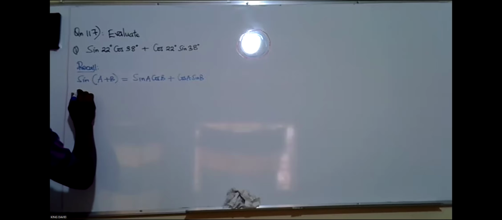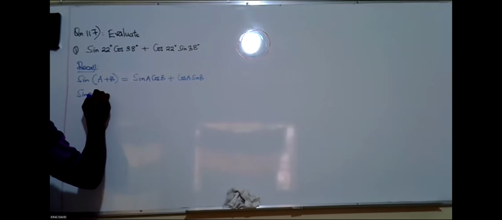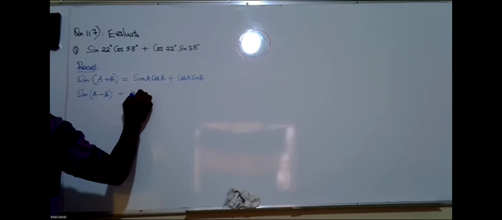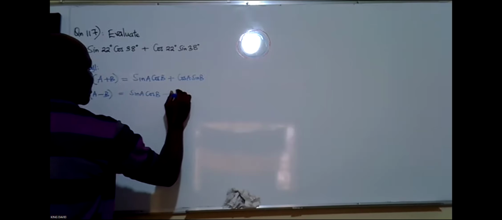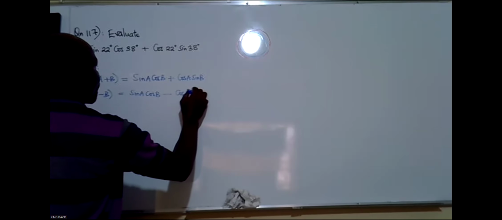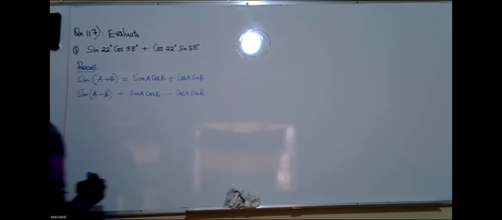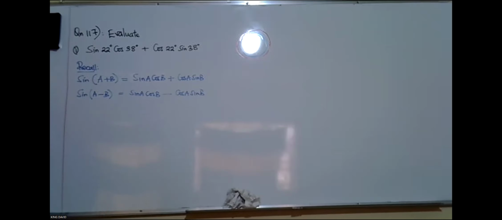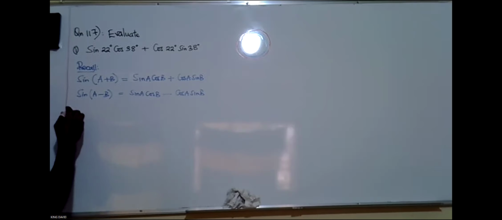Then if it is a minus, sine of A minus B is still going to be sine A cos B, a minus, we still have a minus here, cos of A sine of B. That is for sine. Then for cos